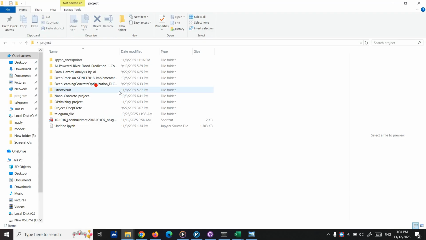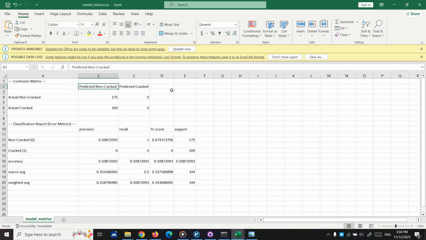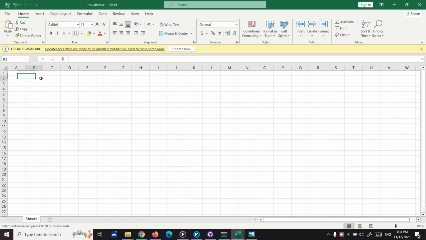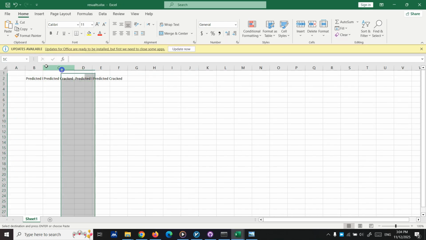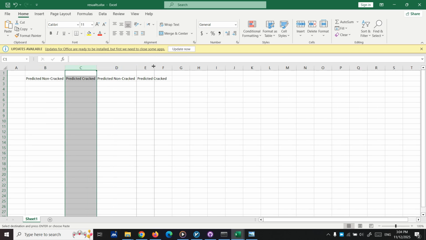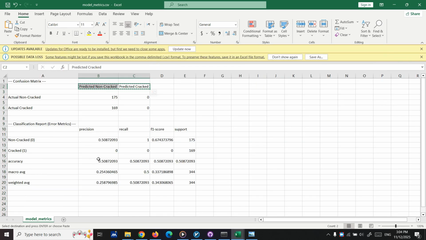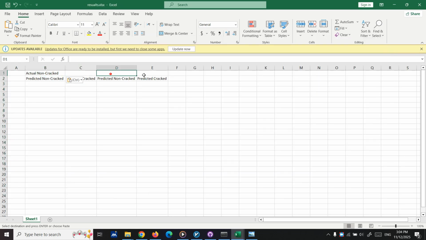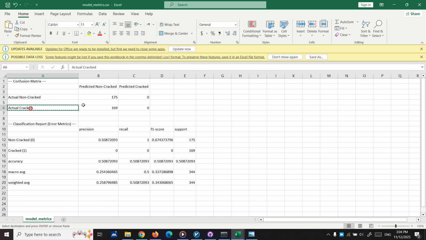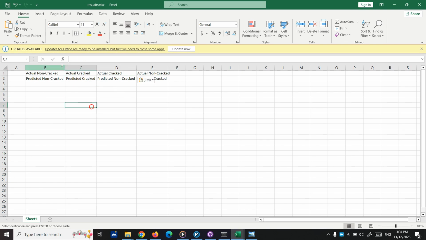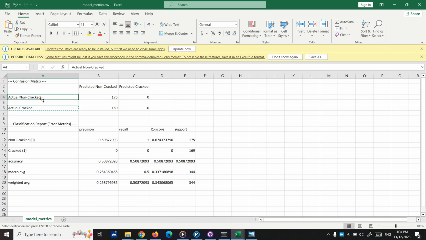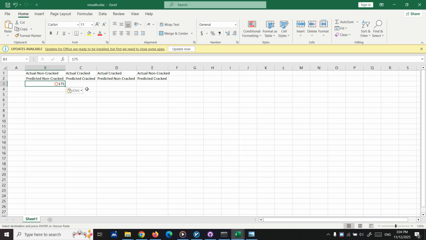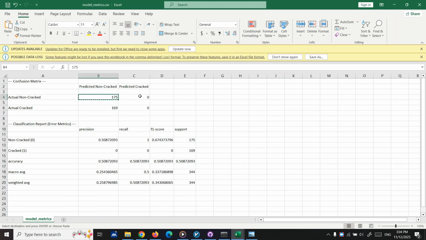Predicted non-cracked. Let me just copy these two, paste it here, paste it here. Now we have these two, okay. And on the top of them, I'm going to copy this here, this here, this here, and this here. So actual non-cracked, predicted non-cracked, actual non-cracked, predicted non-cracked, actual cracked, predicted cracked,